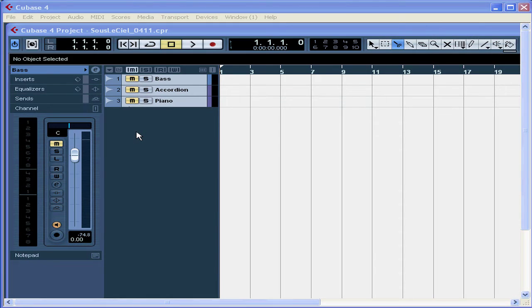Welcome to our tutorial about importing audio files. Cubase lets you import files from your CDs or your hard drive in addition to recording your own new stuff. This is of course a very convenient way to share files between musicians who record in their own home studios,